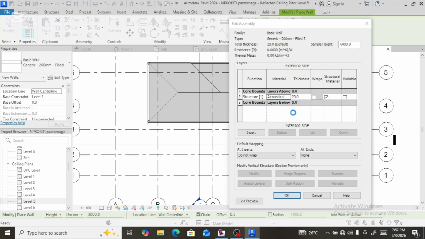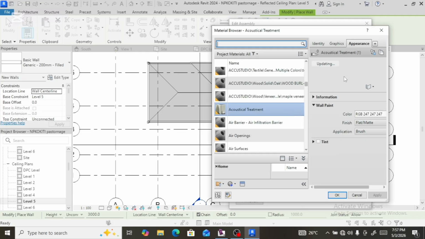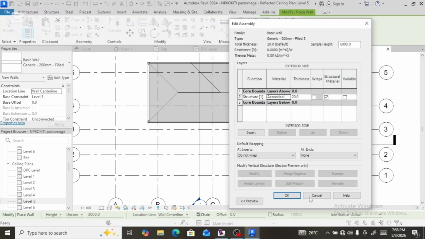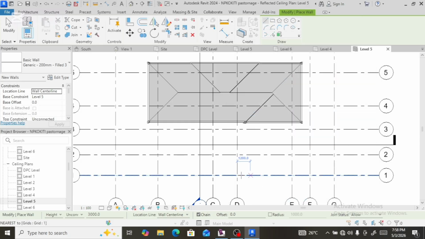I think it should be white. It has come up, because it is white. Let's say okay. So therefore, while we're placing it,